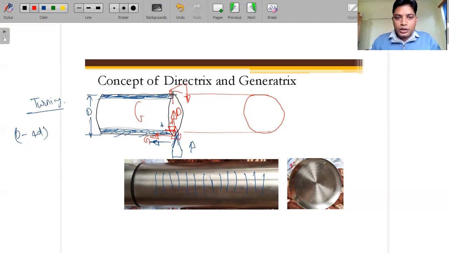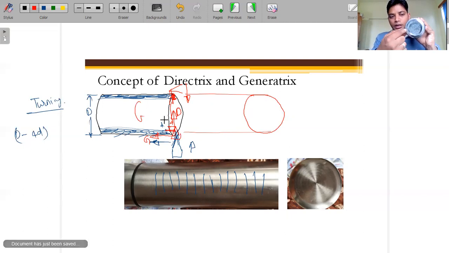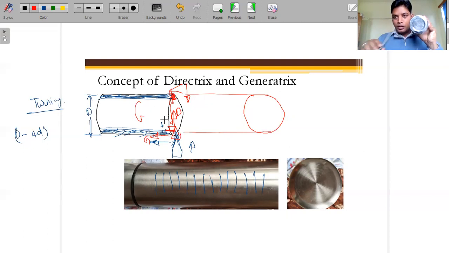Now when this tool moves up to this much only, then only this much amount of the material is removed from the peripheral area. What I want to say is, we'll keep this tool over here, and first we will move up to here. So only this much amount of the material is removed, right? If we have to face this complete cross section, then initially we were here, now we are here. Now we have to move in this direction, towards the center.